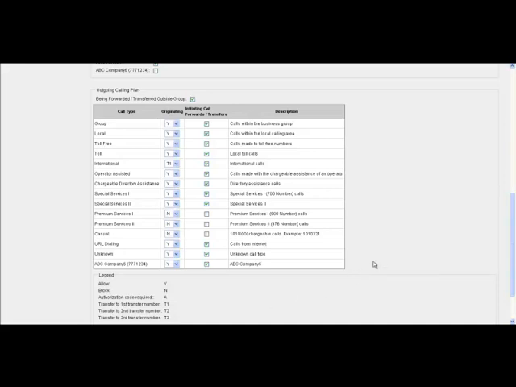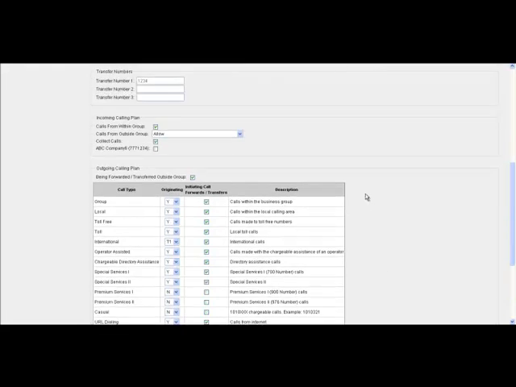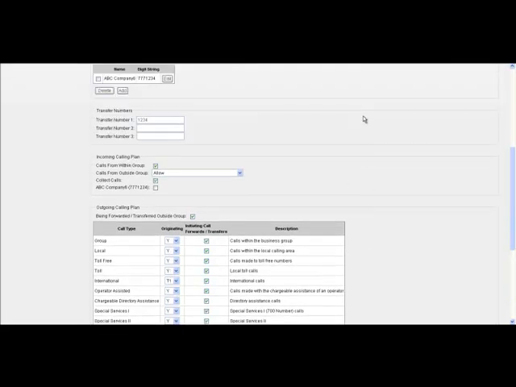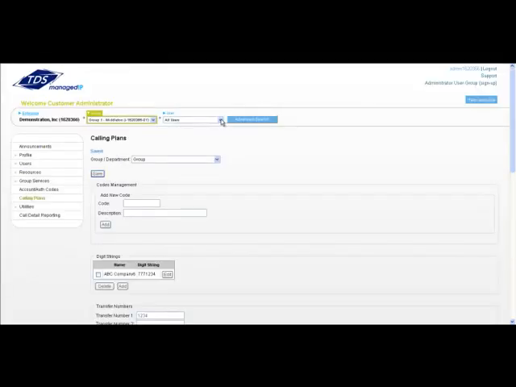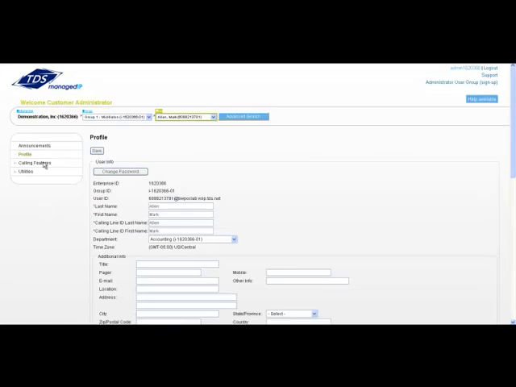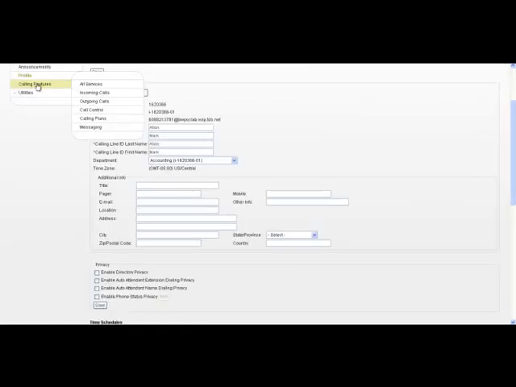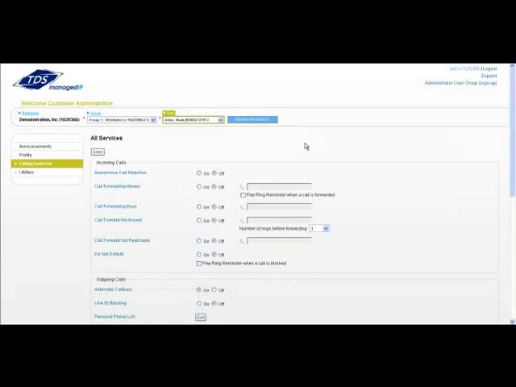While these settings will affect all users in your group, individual user calling plans may be modified at the user level. For example, if you have restricted international calls at the group level, you can give access to the CEO by navigating to that user. Mark Allen is our CEO in this example. By clicking on him, or hovering on calling features, and selecting all services, and then scrolling down to call plans,